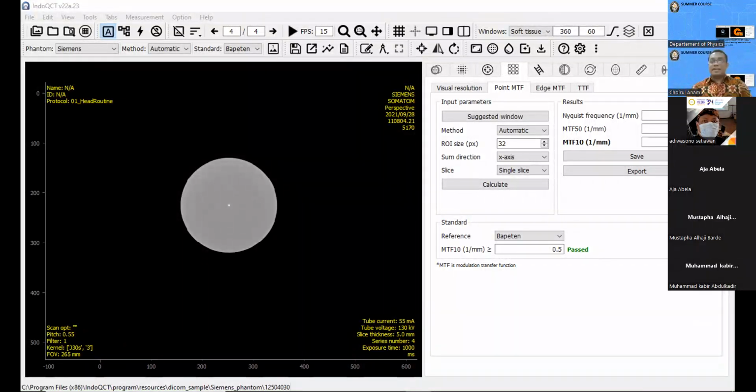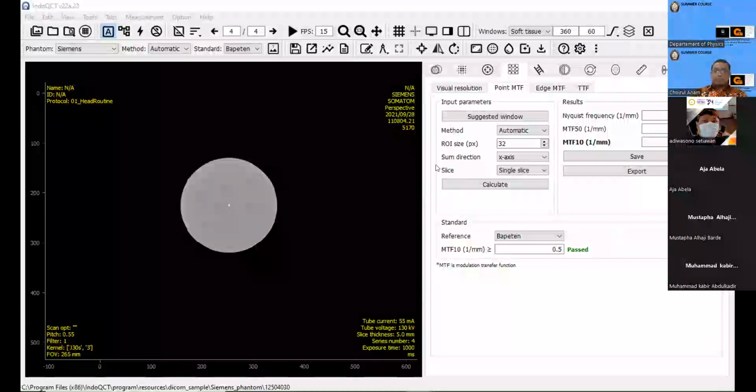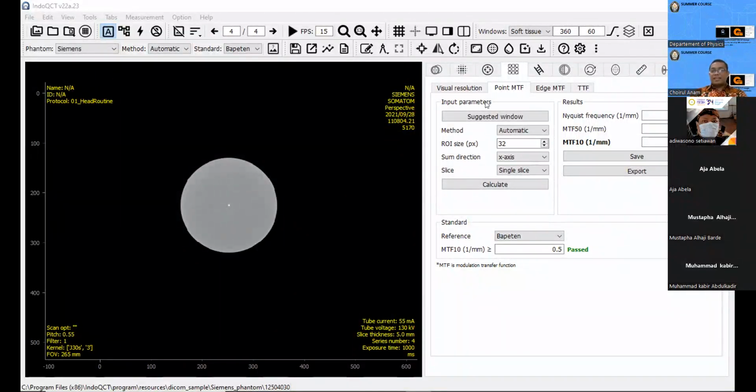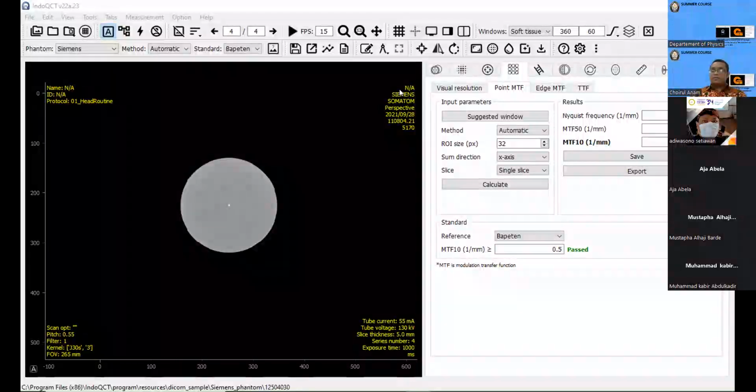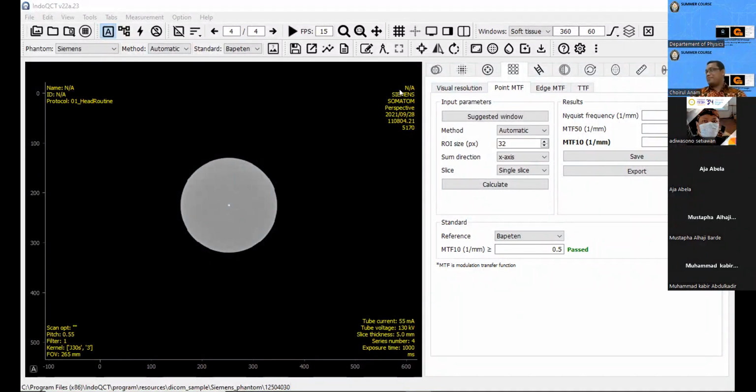Okay, thank you. If no, we can move to another example. Now I will make a measurement using HMTF. Actually, we can measure the HMTF using any kind of phantom, including the CTDI phantom.